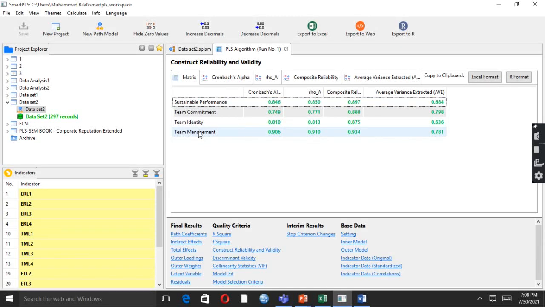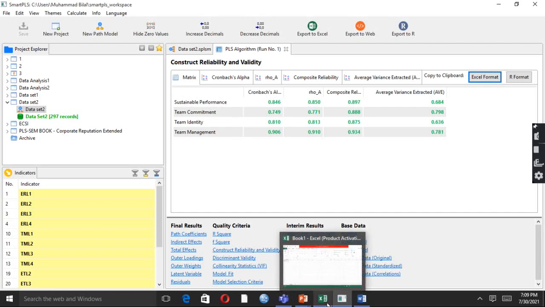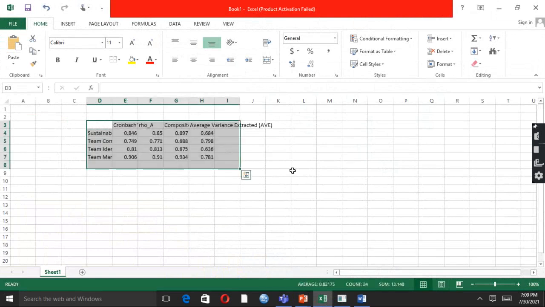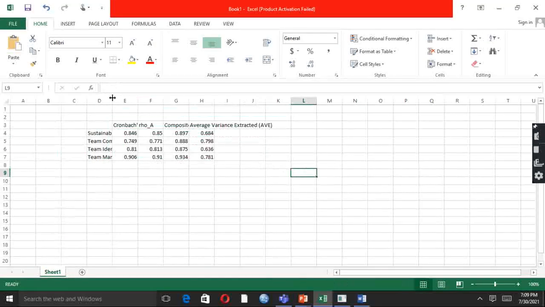So we have calculated AVE with the help of Smart PLS. How do we report it in our Word document? Click on Excel format and copy it into MS Excel. Here is MS Excel, just paste it.